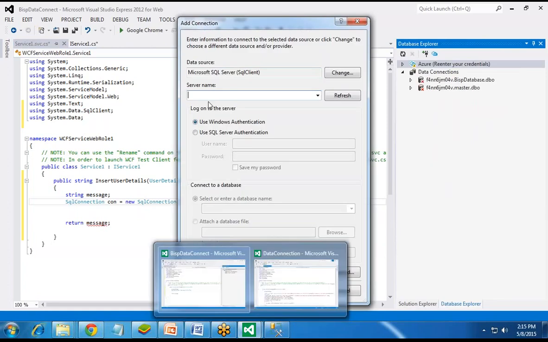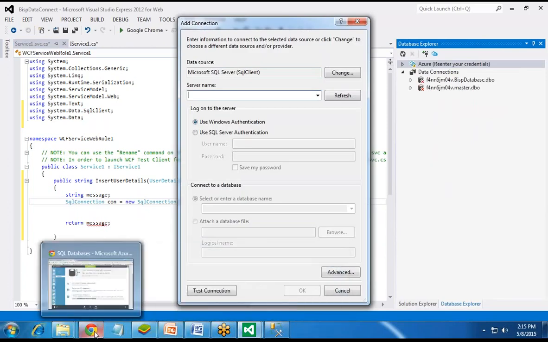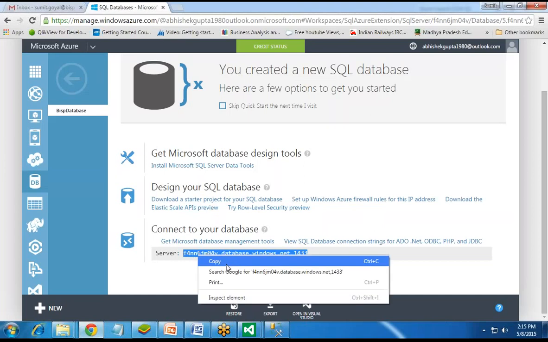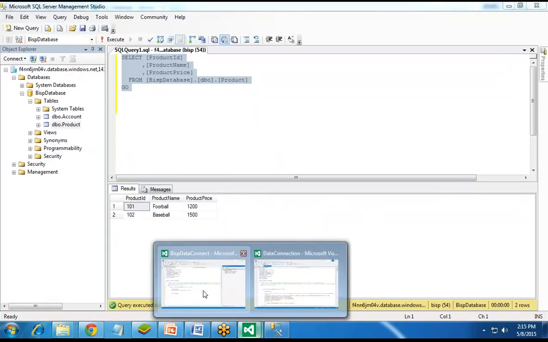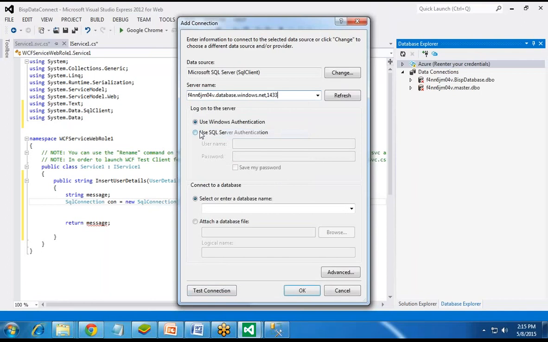So to get the connection string: server name, authentication, then test the connection, look for the database, BISP database, okay.